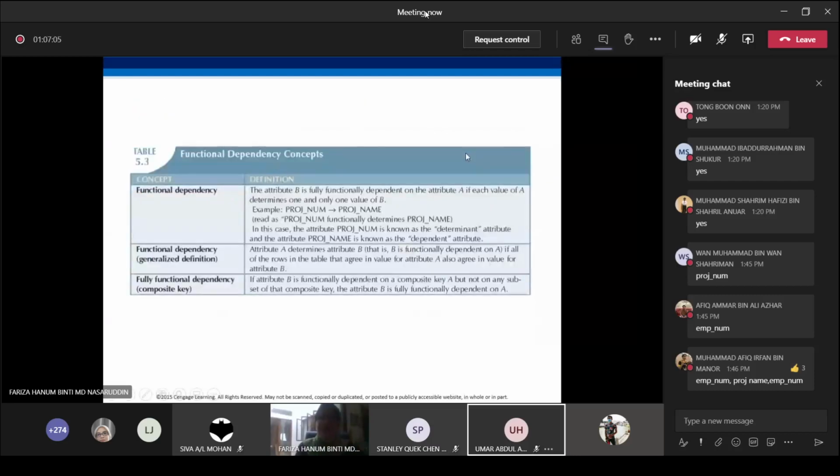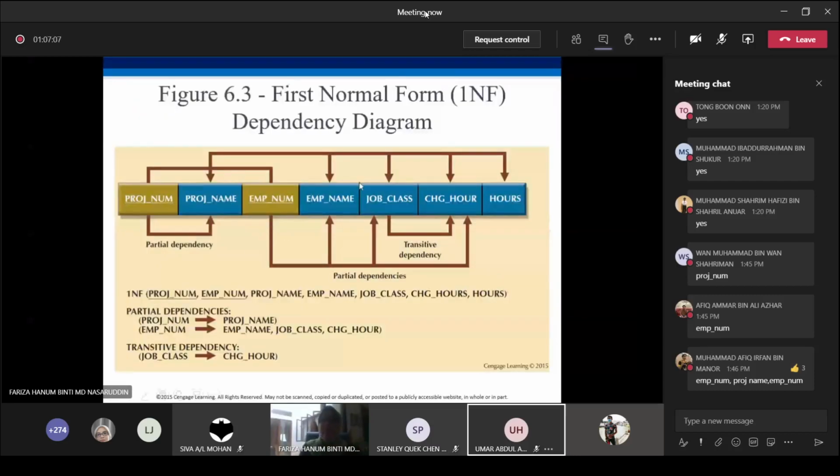All right, so you have this diagram. So job class, it's not a key, but it determines the charge per hour. So this is a transitive dependency. Okay, so now that you have your